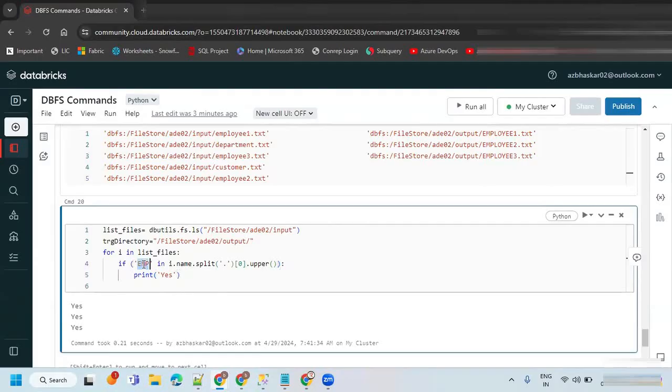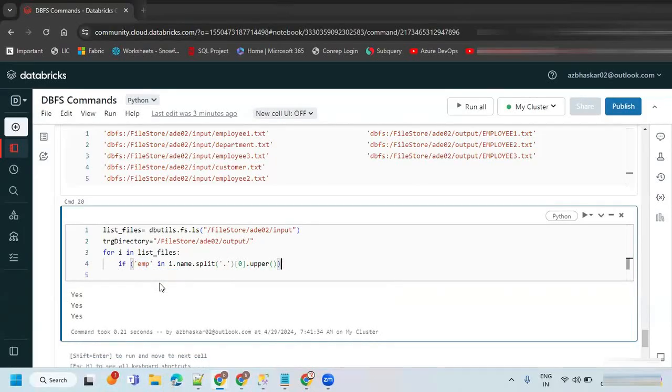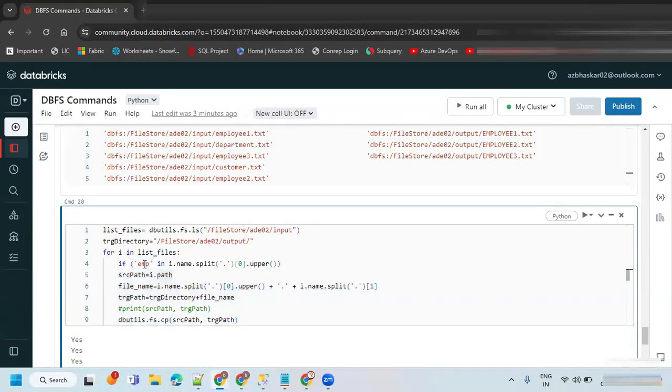Okay, that is fine. Since we converted into uppercase, I'm just trying to find emp. Let me say it is emp. So if emp is there inside the file name, then it is going to say true.